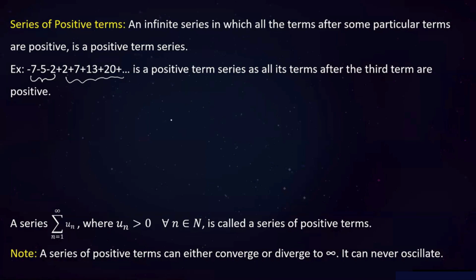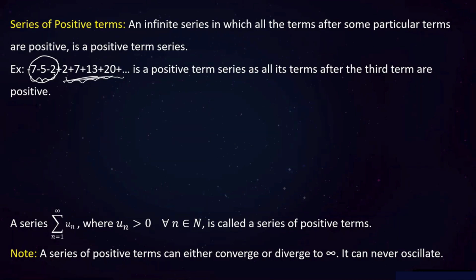The idea here is, a few minutes ago, we discussed one property. If you add or remove a certain finite number of terms from a series, that should not influence the convergence or divergence of the series, isn't it? So if you just ignore these three terms, it should not really affect the convergence or divergence of this series. If you only consider the remaining portion, the remaining terms, and that series is convergent, then